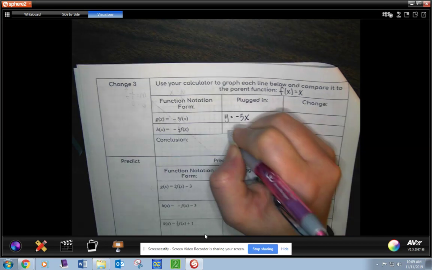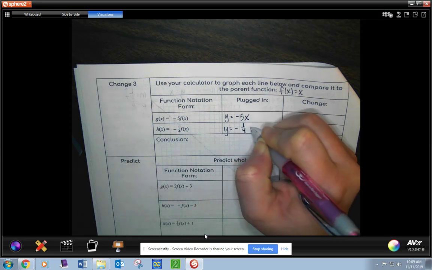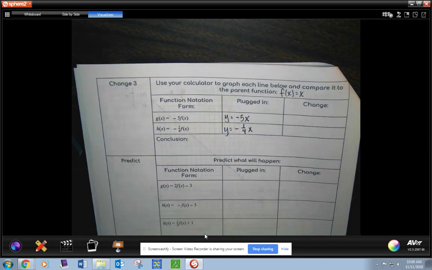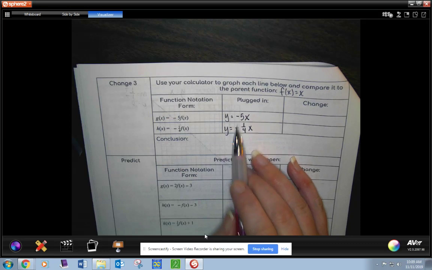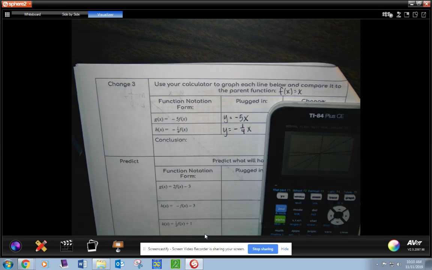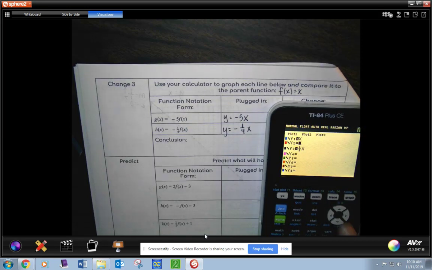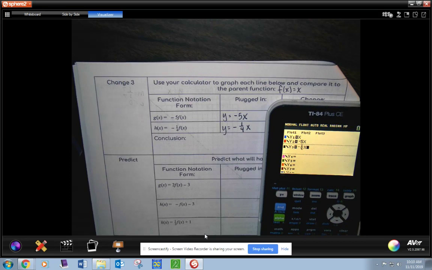For the next one, I'm going to keep the y equals. I'm going to keep the negative. I'm going to keep the 1/4, and the f of x becomes x. So now when you're doing this one, you should already see something that you noticed before. Okay. We've already worked with these whole numbers and fractions, but we haven't seen a negative sign. So what we are going to do is I'm going to go back to y equals, and I'm going to leave x alone, but I'm going to plug in negative 5x and negative 1/4 x,